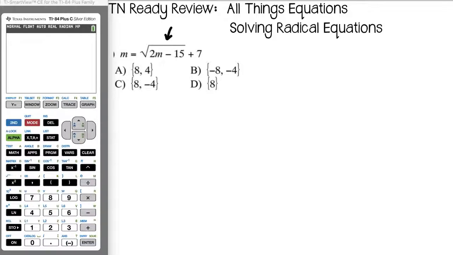So in order for that to be by itself, I need to get this 7 out of here. This 7 is the thing that's causing all the problems. So I'm going to minus 7, and that will zero that out. What I do to one side, I must do to the other. So now I'm left with m minus 7